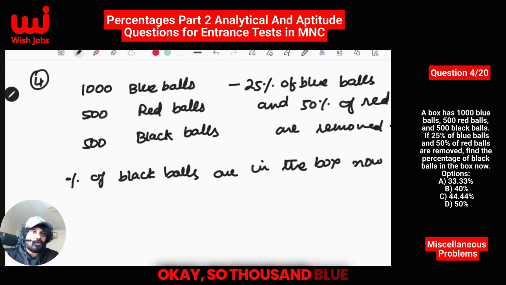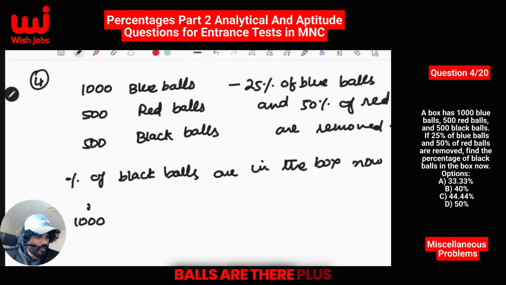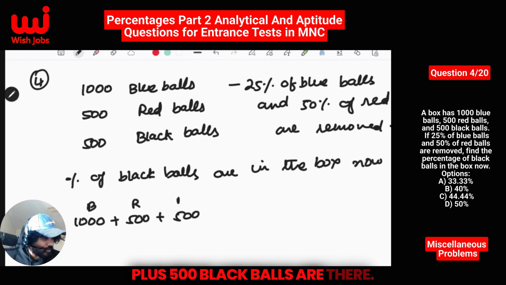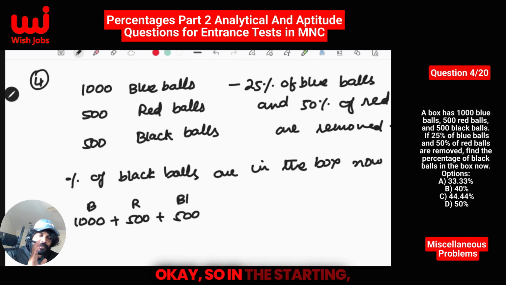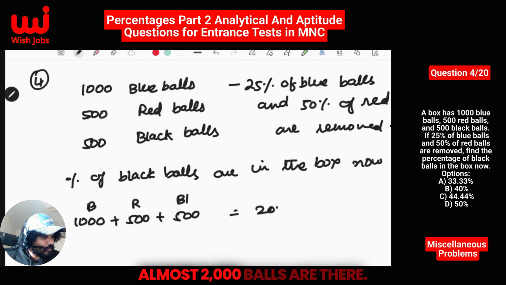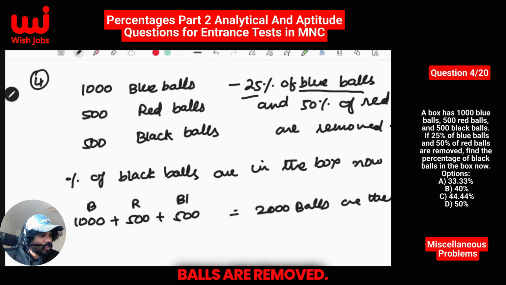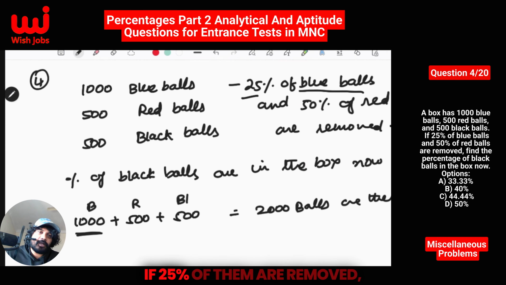Okay, so 1000 blue balls are there, plus 500 red balls, plus 500 black balls. So in the starting, 2000 balls are there. What is the statement? 25% of the blue balls are removed. So 1000 blue balls are there. If 25% of them are removed, what is the remaining? 250 are removed. So from 1000, if 250 are removed, how many will be there? 750 blue balls are remaining,